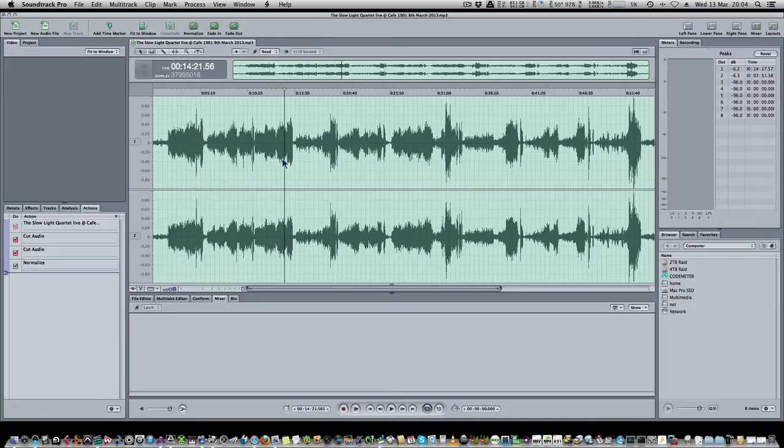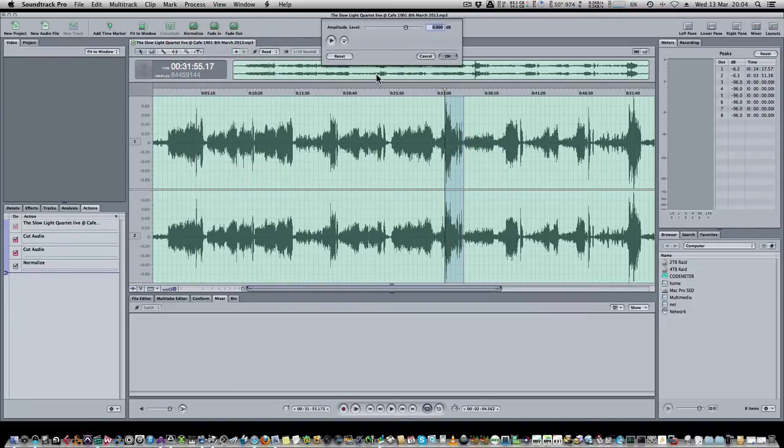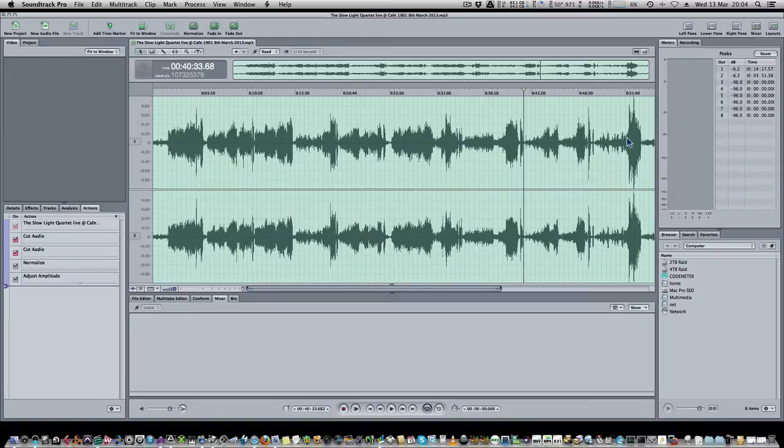We're really manually doing the job that a compressor does. So I'm going to go ahead and grab some of these larger sections and just go to adjust amplitude. And I'm going to guess that we need about 2-3 dB of reduction. That looks about right. And you don't have to be mad accurate with something